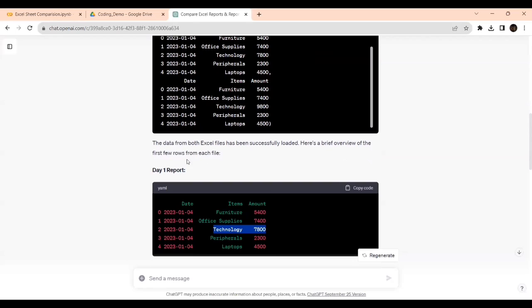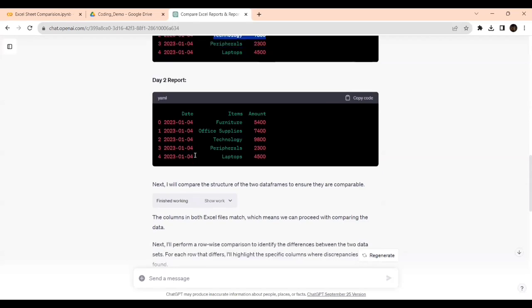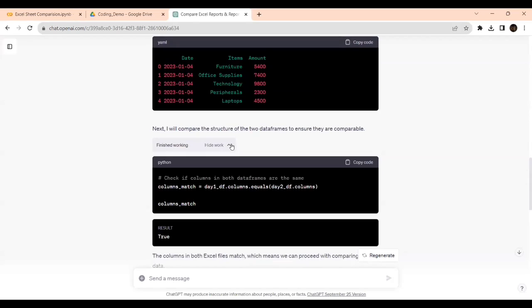It has given the data, and next I will compare the structure of the two data frames to ensure they are compatible, because the structure also should be the same, guys, right? I should not take the columns of a different Excel sheet and compare them. It will give a result, but it will not be fruitful or result oriented. So for that purpose, it compares the structure of the two data frames to see whether they are fine or not. So I'm copying this part,